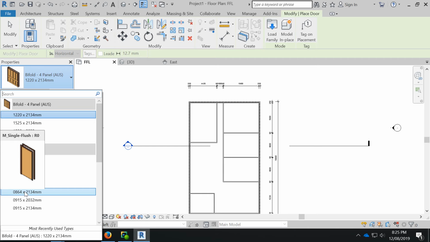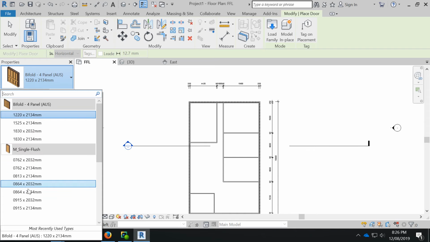So if you were at work somewhere that had a template set up ready for a single story house, it would probably have all the typical doors and windows for that particular project loaded in. You wouldn't be loading them in as you go, okay? So now we've got some bifold doors and we've got some single, but you might be thinking, well, what if